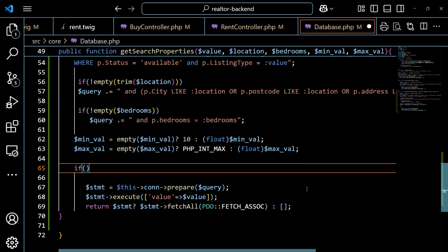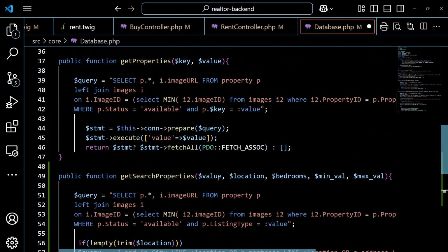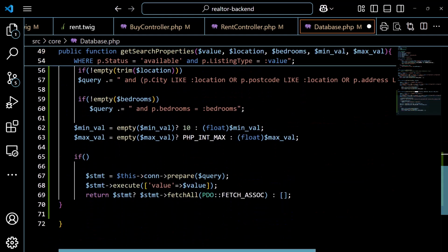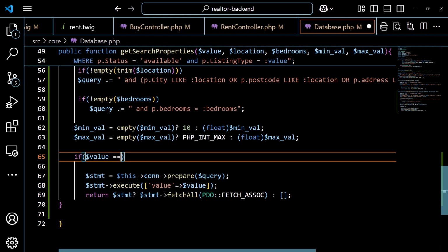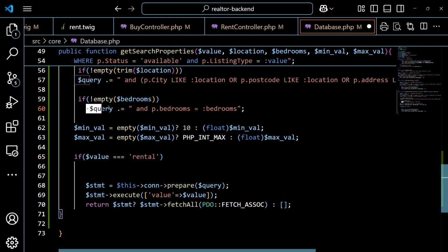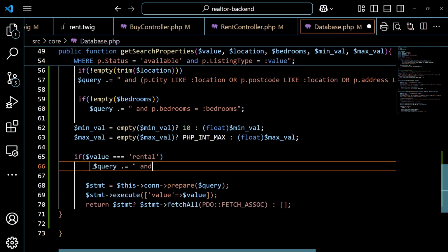In order to know from where this function has been called, we can get the clue from this value parameter. The value of this parameter is going to be either rental or for sale. So we are going to check if value equals rental, then copy this part, paste it over here, closing quotation, and